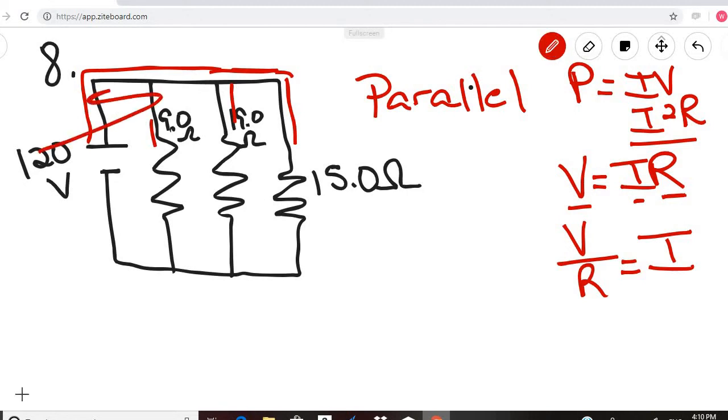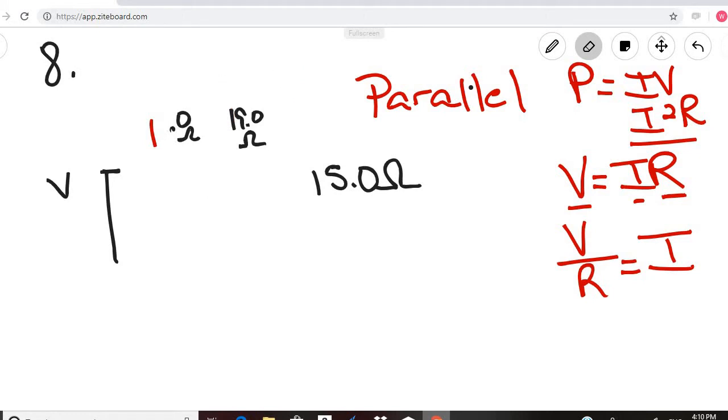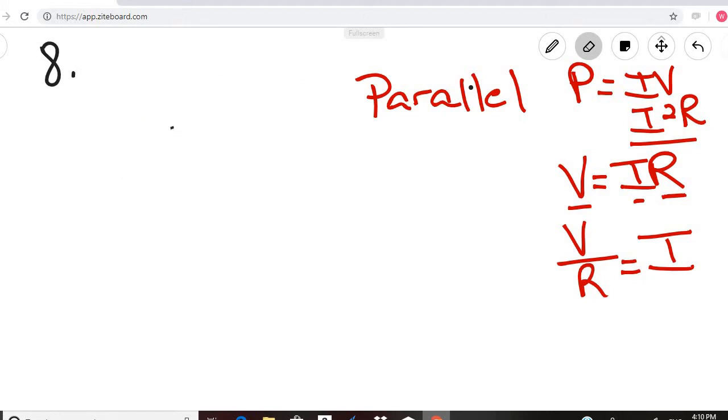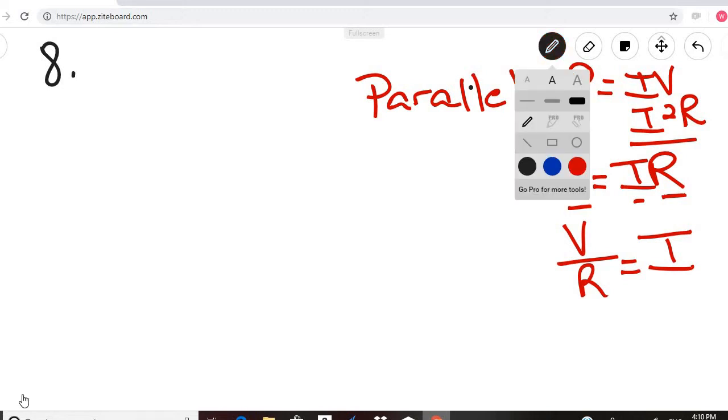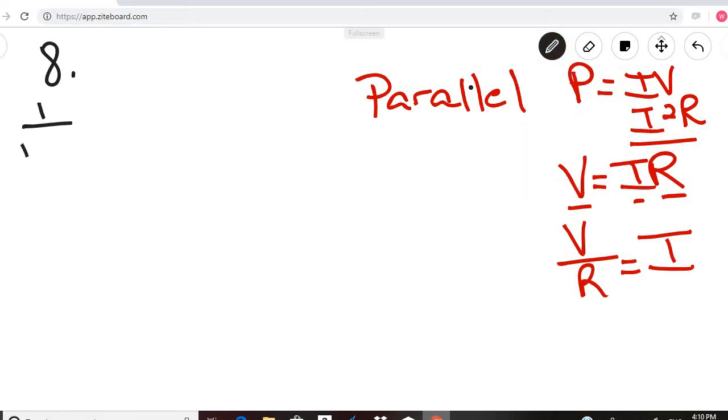They are arranged in parallel. So that tells us then that 1 over R effective is equal to 1 over